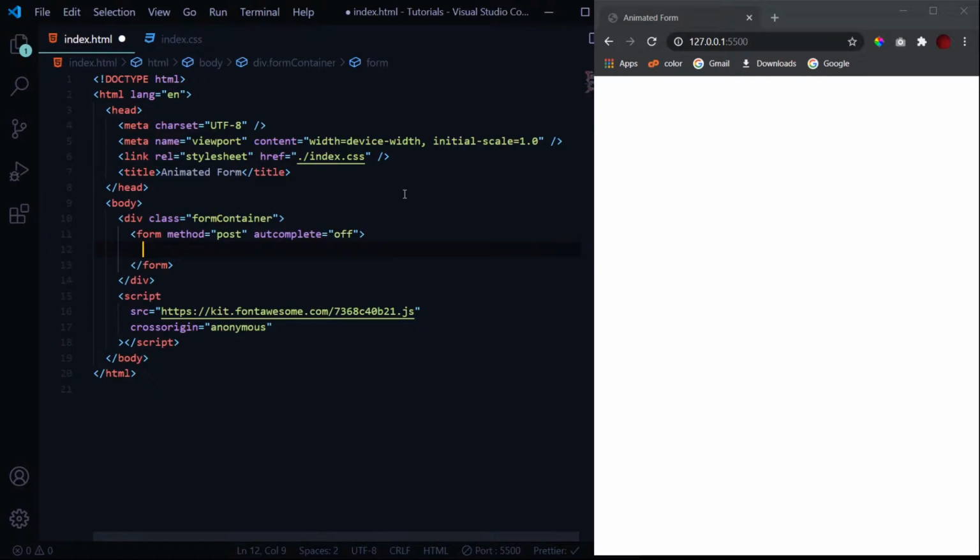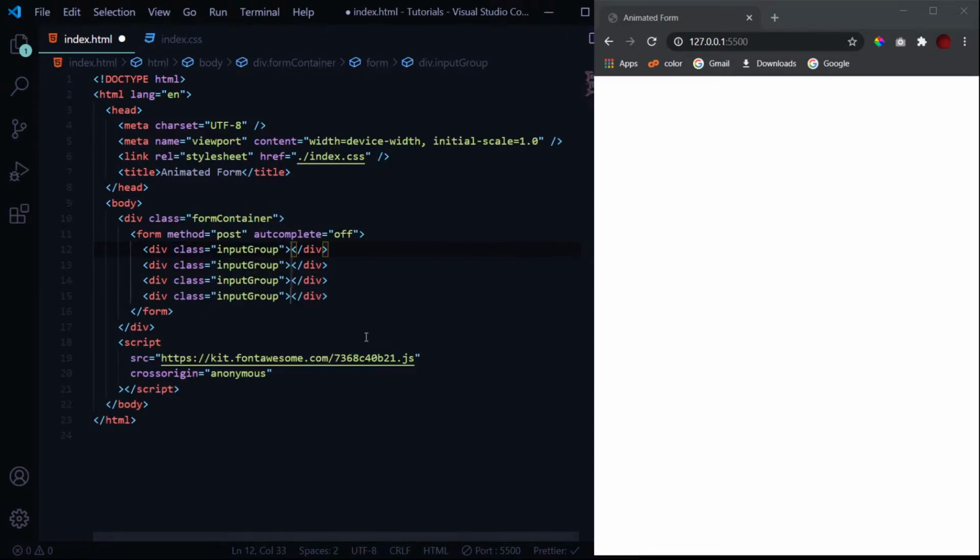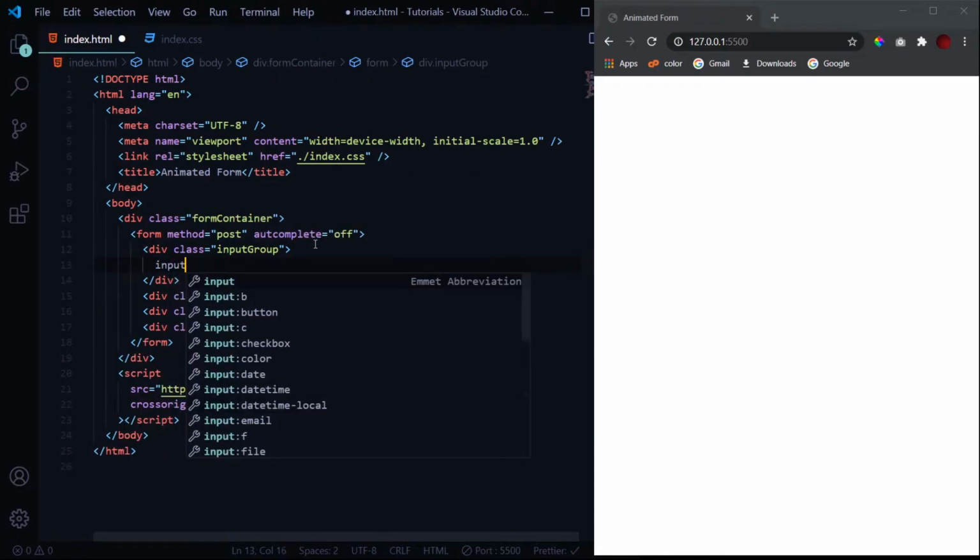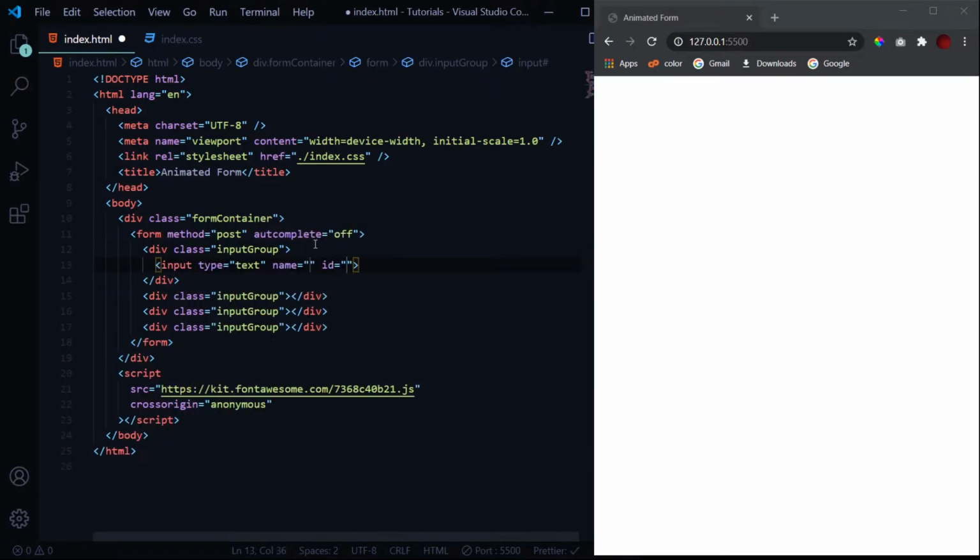Then we will have four different divs, and in each one of them we will have our input and label, and in the last div we will have our submit button. So first we'll have our input group. The class we will give it is input group. So like this we will have four divs. Inside the first one we will have our input text. We don't need the name.